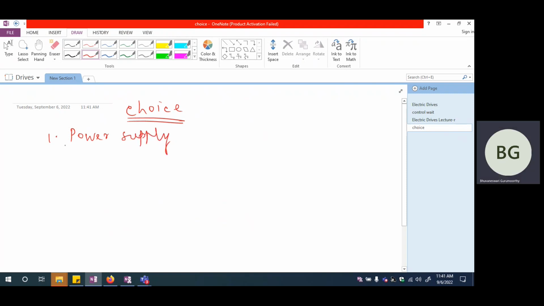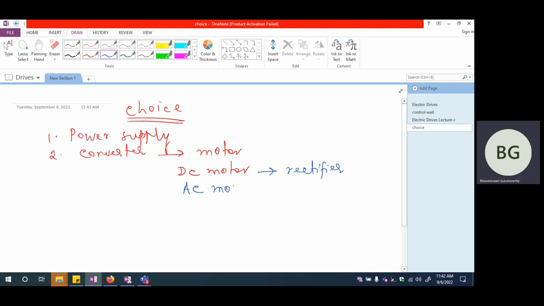And based on the power supply, you are going to look at what kind of converter you are going to employ so that ultimately it will feed the motor properly. So if it is a DC motor and the power supply available is AC, then you have to use a rectifier, a controlled rectifier. If it is going to be